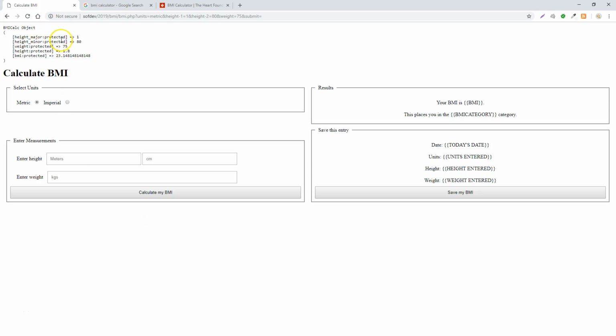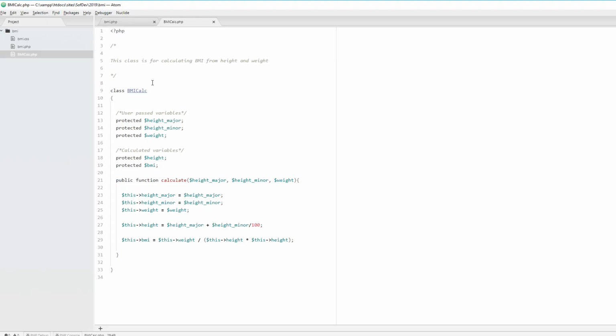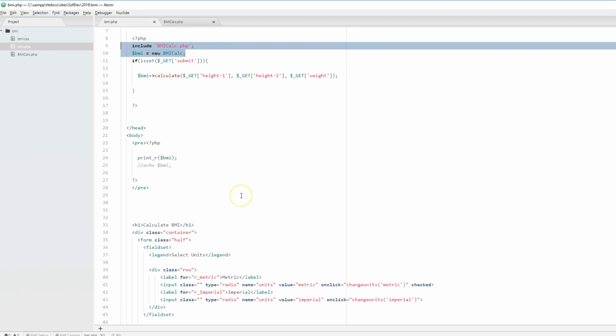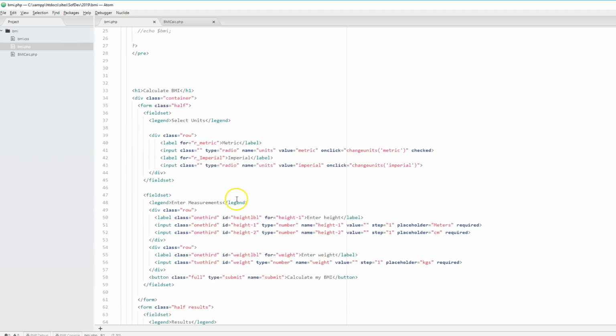Alright, so we finished the last video by making sure that our BMICalc object has got all of the things that we need so far. So we're going to start by dynamically replacing this bit of text here with the actual BMI that we've got here. So what we want to be able to do in the display page is very simply, let's go down